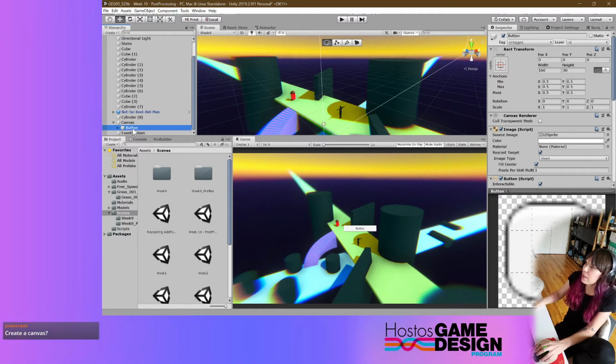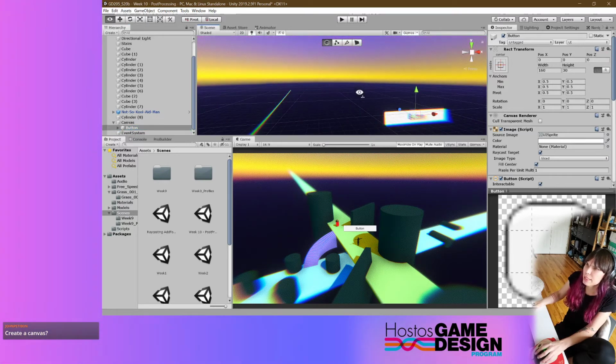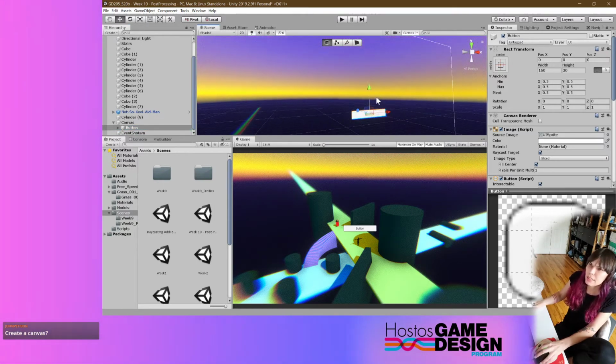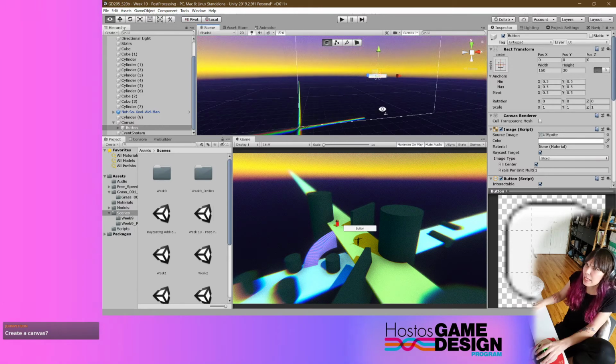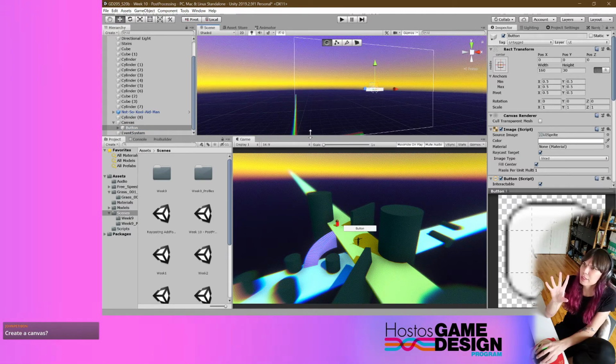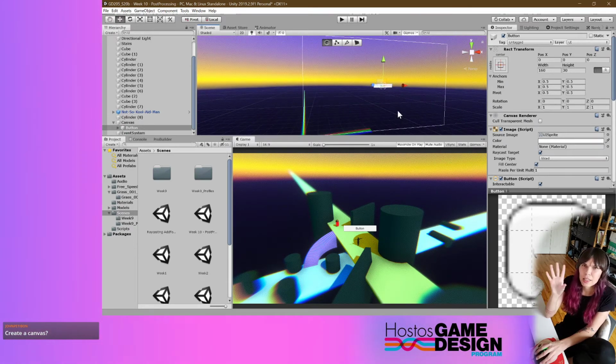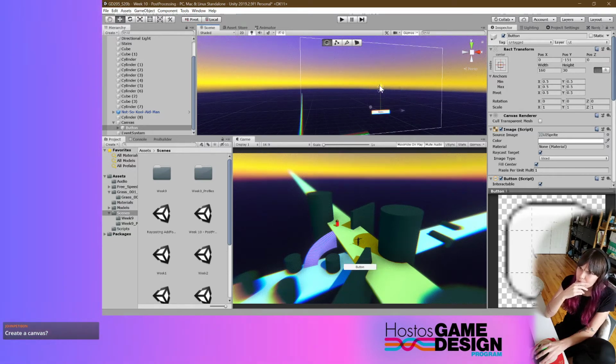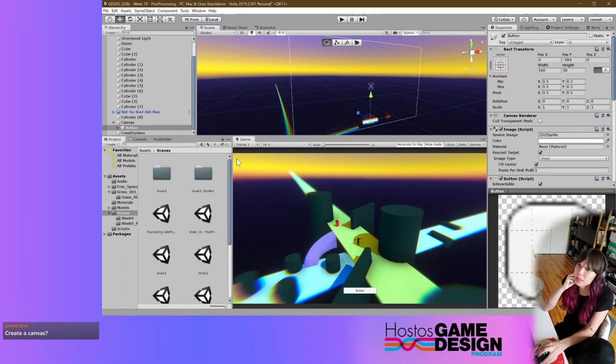If I double click on it, it will give it focus. Notice how when I double clicked on it, it took me to a different frame. We have this frame here that represents the UI element. It looks like it's in my scene, but it's not. It's just a way of displaying it. So I can move it around and see what that looks like on the screen using my game view. Let's say it was right here. And so going back to our canvas,